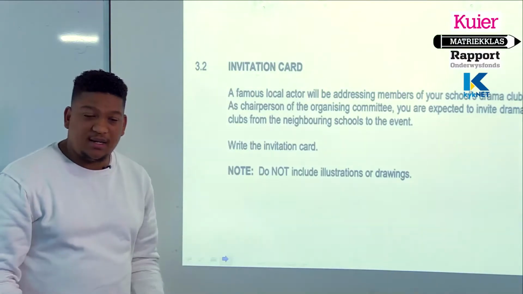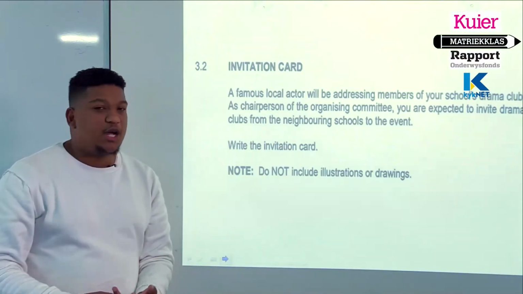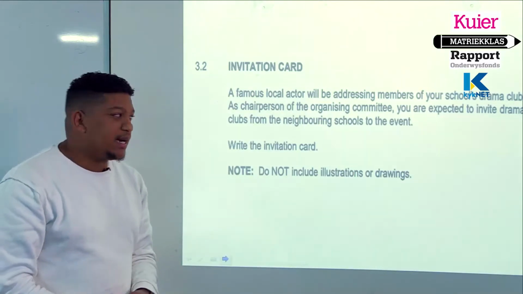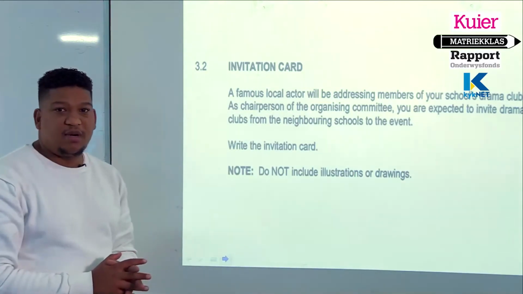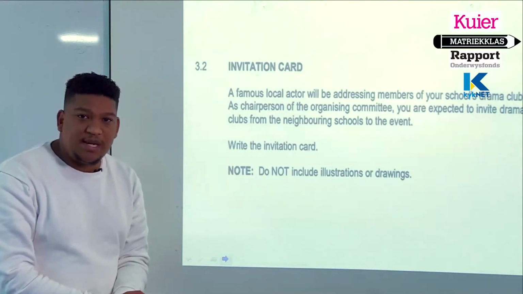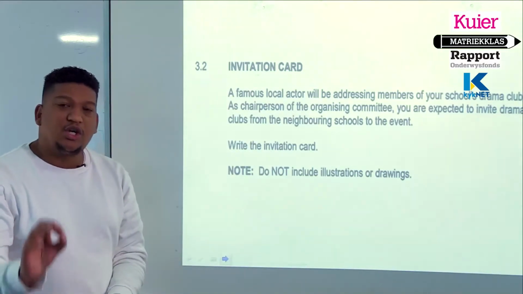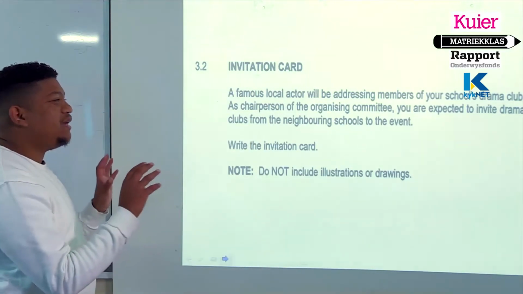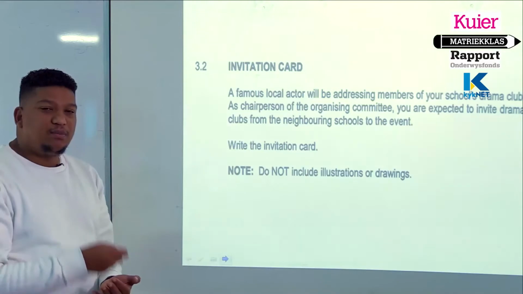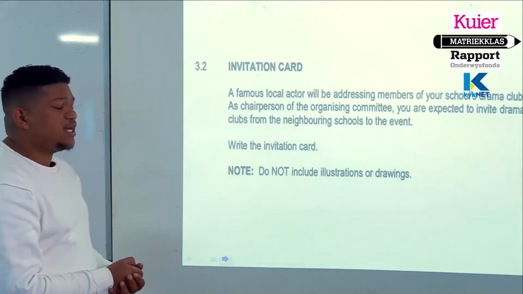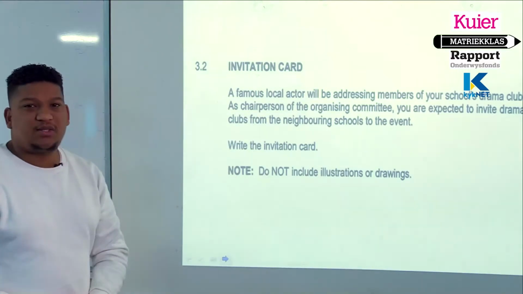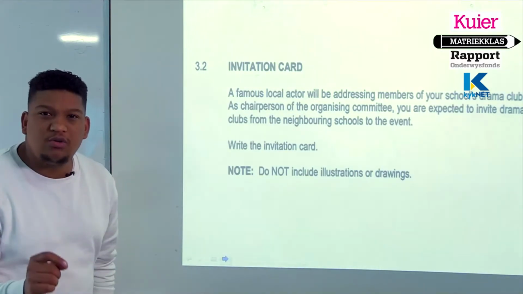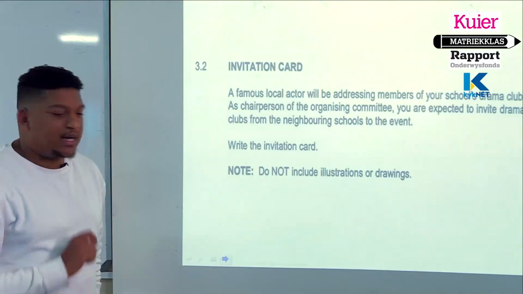Now what do I provide? I provide the date, the time, and obviously the venue would be the school hall, for example. And you indicate now the rest of the other information. For example, they need to RSVP by this particular date to your educator or to you. So indicate the information. That is important. Like I've just said with the instructions, analyze the topic and you'll be able to answer the question, getting a good mark out of 20. Right, we'll move on